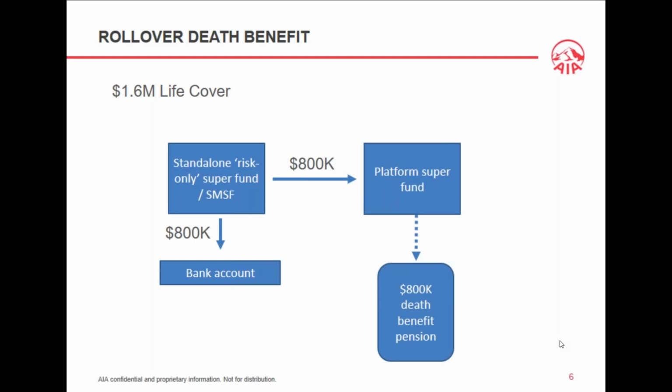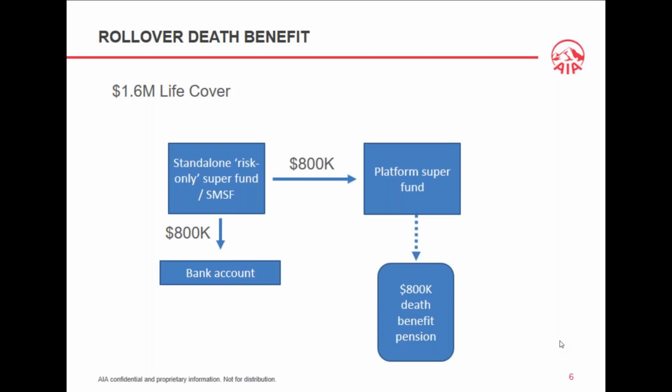So naturally, we would have to roll over that amount to another super fund that can commence an income stream for mum in that instance. And pre-30 June this year, that $800,000 rollover just wouldn't have been permissible given the way the previous laws were worded. But that now changes from 1 July 2017.